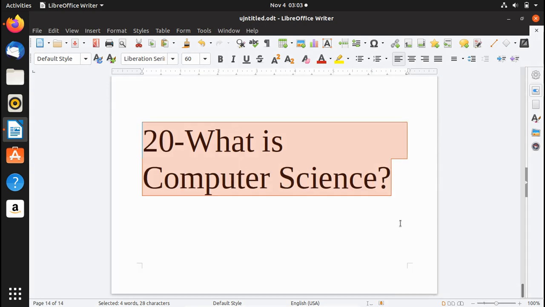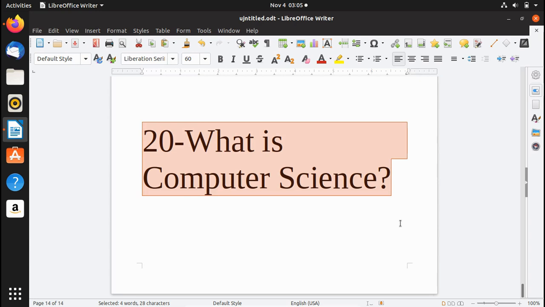Last but not least, this is question number 20, and this is very important. What is computer science? Occasionally people don't consider these simple things, but sometimes the interviewer could ask you this question. In that case, you simply say that computer science is the study of the principles and the use of the computer. This is a definition by Oxford if you want to be really specific.